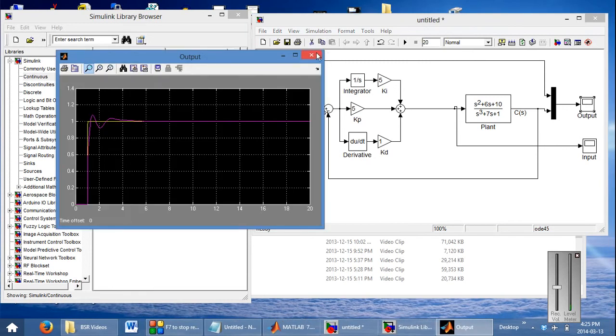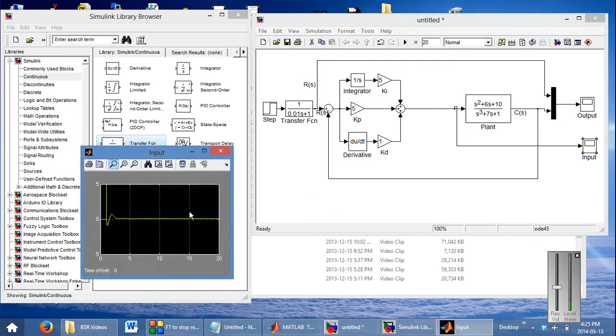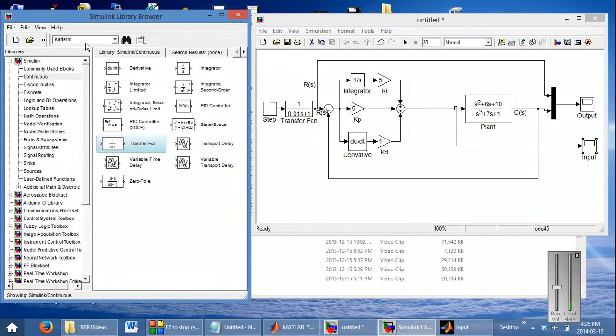Okay, so we've now simulated the system, and now let's look at the input. The input is our U of S, and that's what's being directly sent into the plant. If this was a DC motor, this would be the voltage that the plant would experience. So we get something like this. If we click the auto scale, you'll find that our input suddenly spikes to 100, and that's mainly due to the derivative block. So one thing that we can do is physically limit